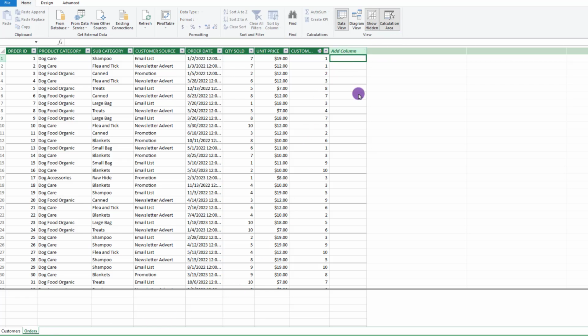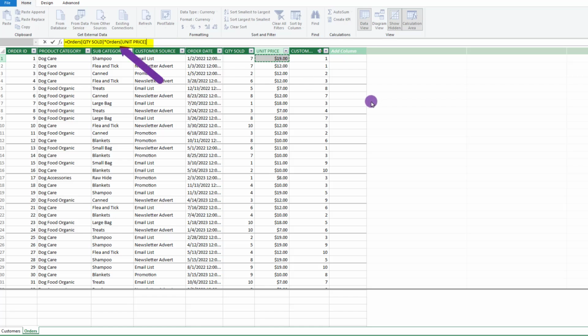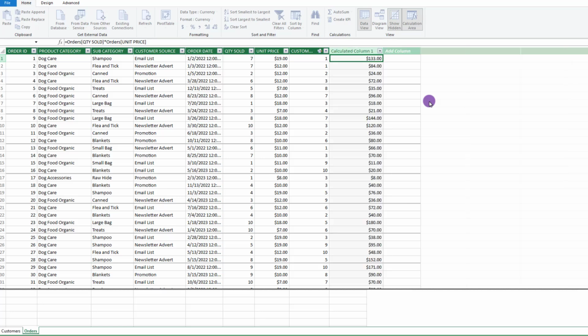here. So let's start off by typing an equal sign, then go over and click on our quantity sold, followed by an asterisk, then click on the unit price, and we can see the formula being built up here. Now we can just press the Enter key, Excel will do all the heavy lifting, and right there is our